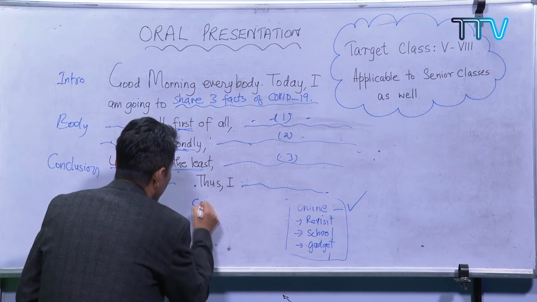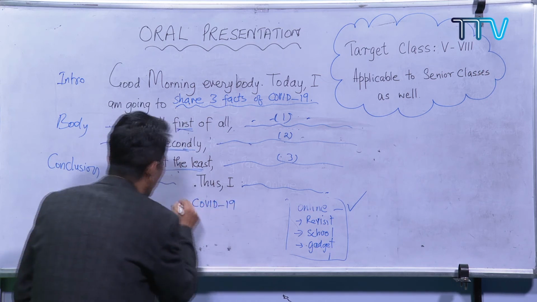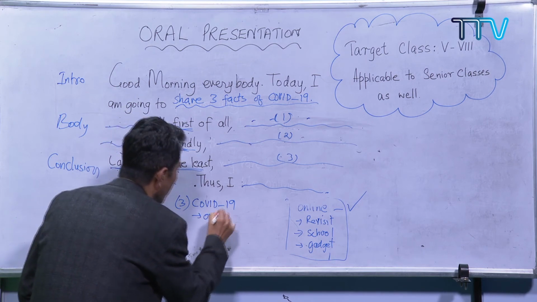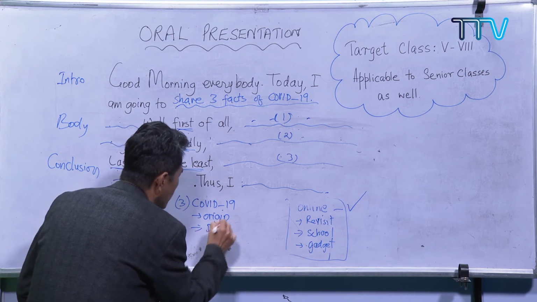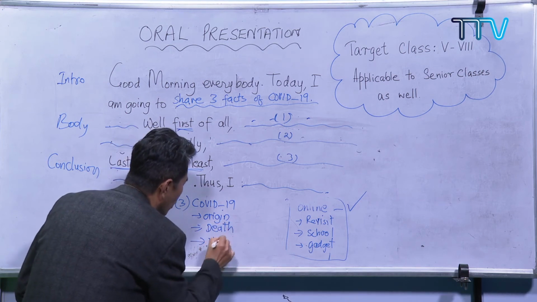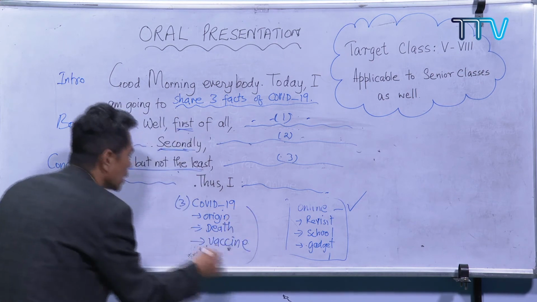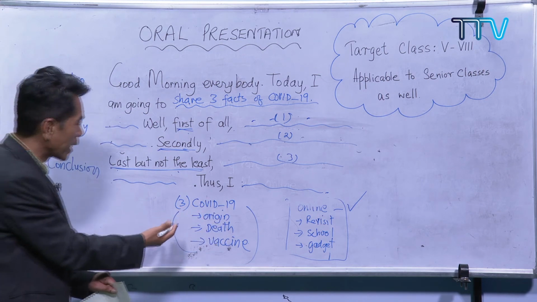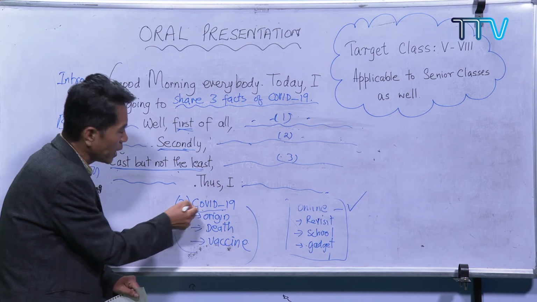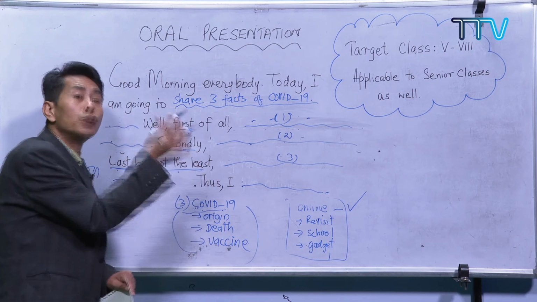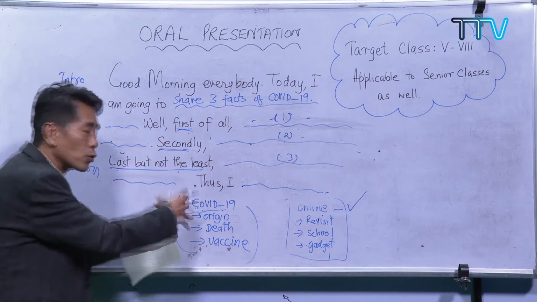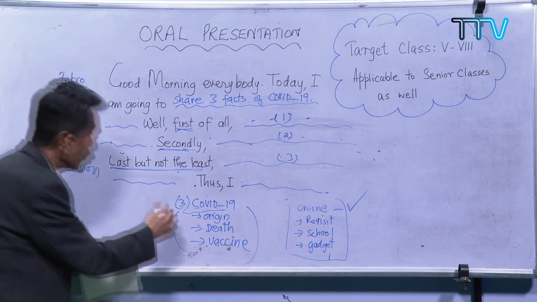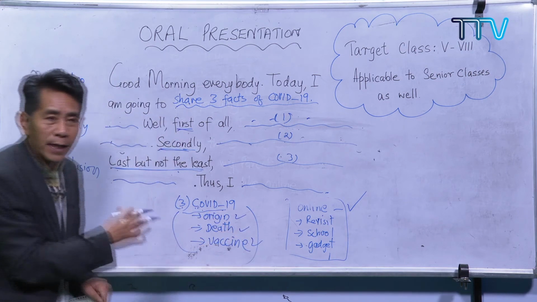Now, if you are telling about the 3 facts of COVID-19, you can talk about its origin. Second one, the number of deaths. And third one, you can talk about the vaccines. Now these are the points that I've collected from my pre-writing strategy. You know pre-writing. In the pre-writing stage, you try to collect, brainstorm so many topics, and out of these, you choose just 3 important facts that you are familiar with.